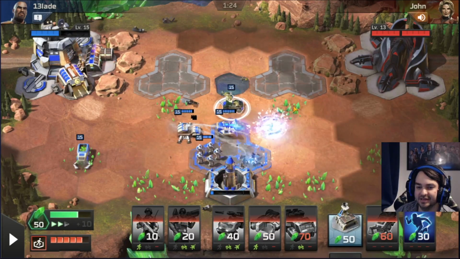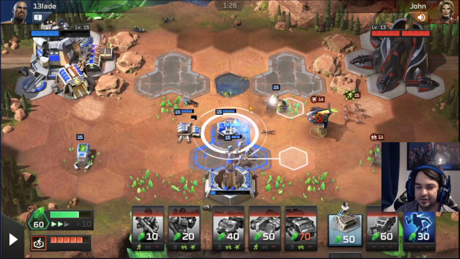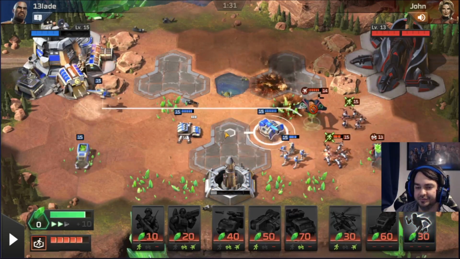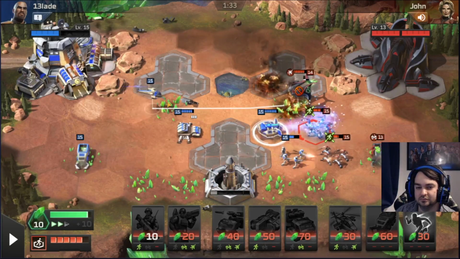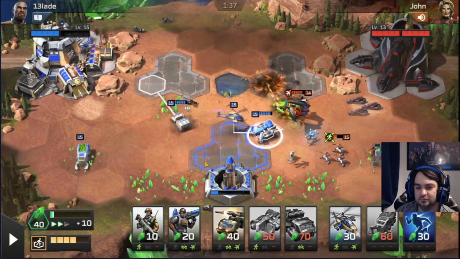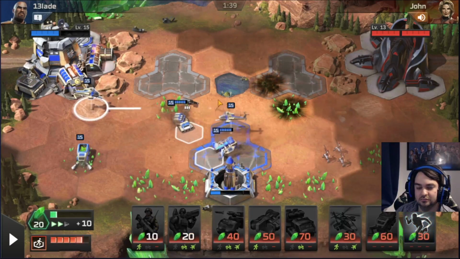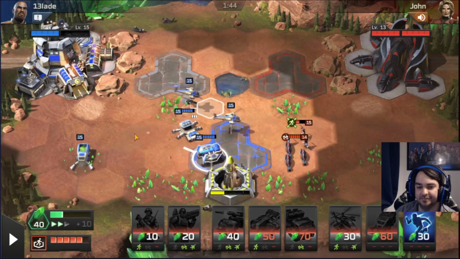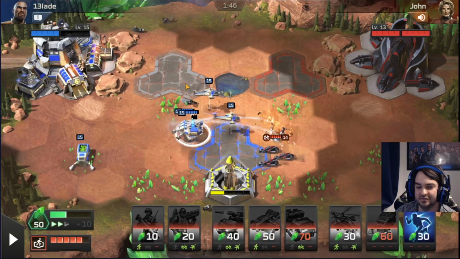Okay, let's see what he has next. I'm guessing it's going to be Inferno. Yep. No surprises there. Then we'll go Talon. Alright, so MLRS with Talon in front is actually decent against what he's doing. Well, we have to see what he changes to, but...